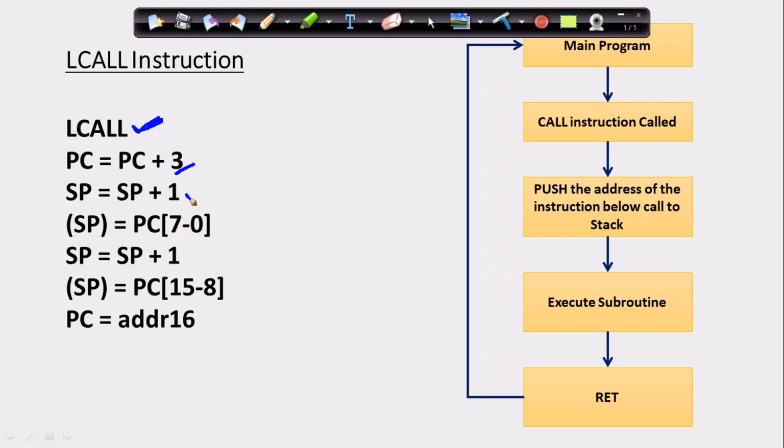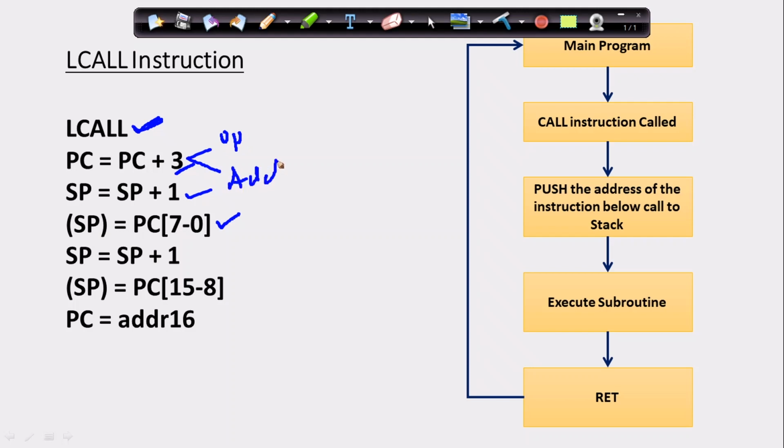Out of the 3 bytes, one is the opcode and 2 bytes are our address, as we had said.